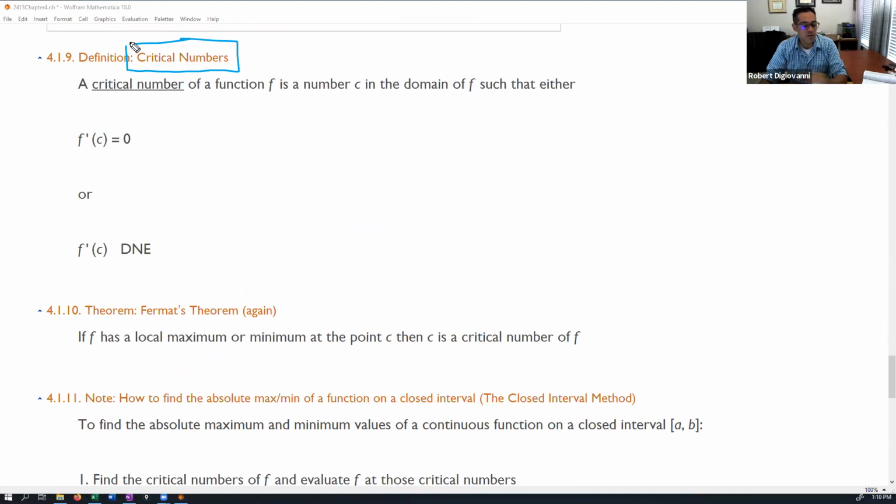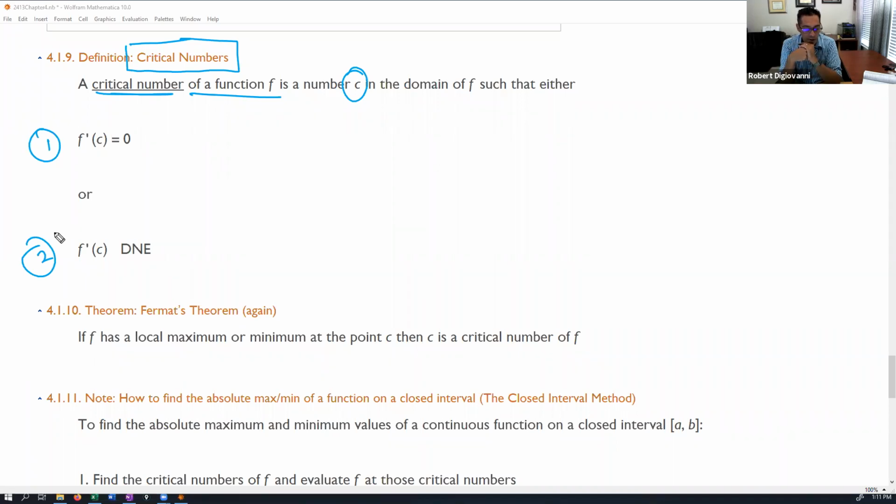A critical number of a function, f, is some number c in the domain such that one of two things is true. Either 1, the derivative is 0 there, or 2, the derivative doesn't exist. So if we have a function and we can find the places where the derivative is 0 or where the derivative doesn't exist, then we have found what are called the critical numbers of the function. Those two conditions are not both required. If one of those two things is true at some value,